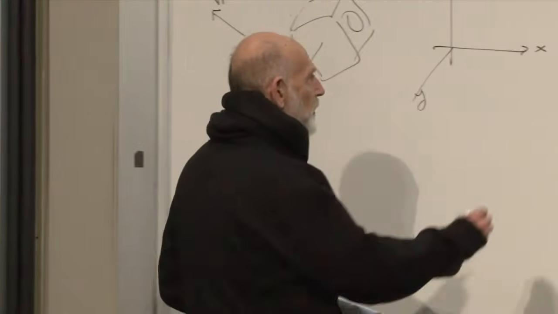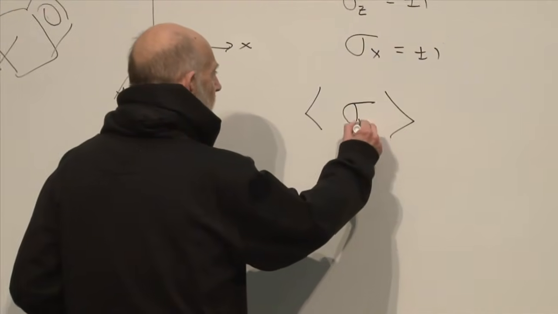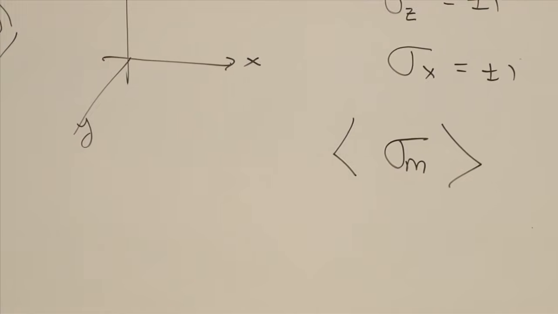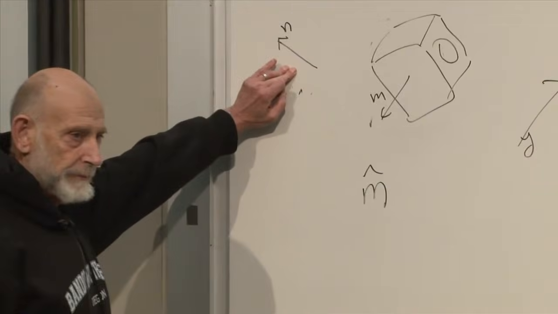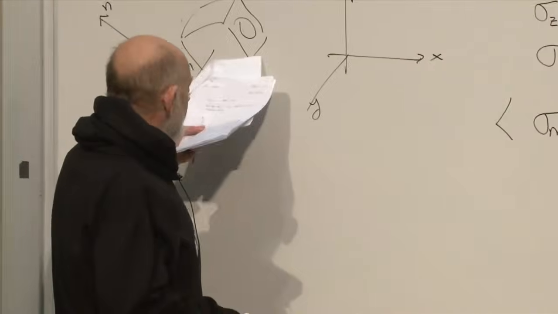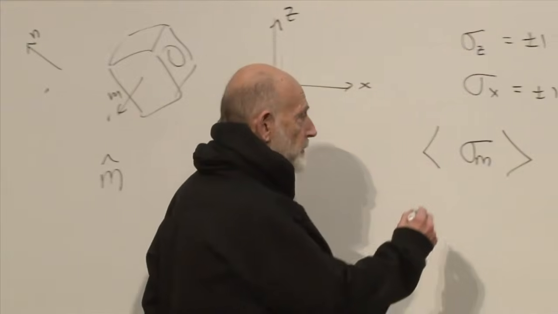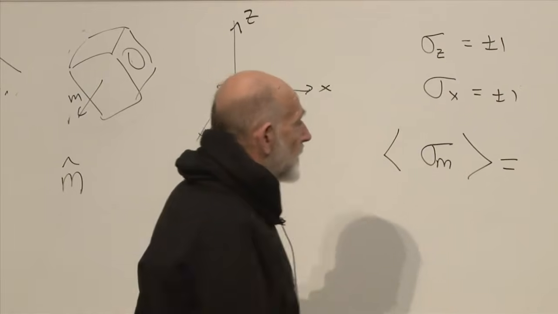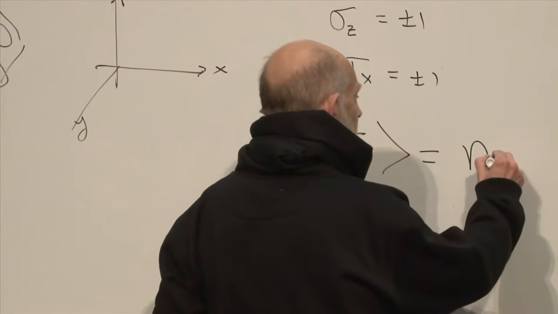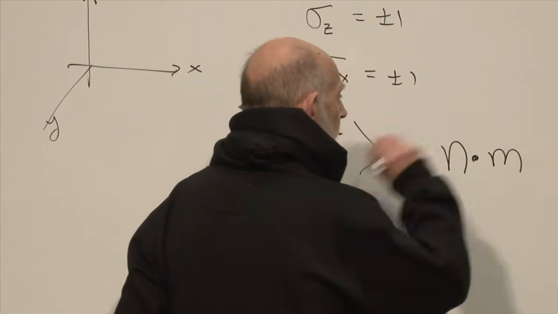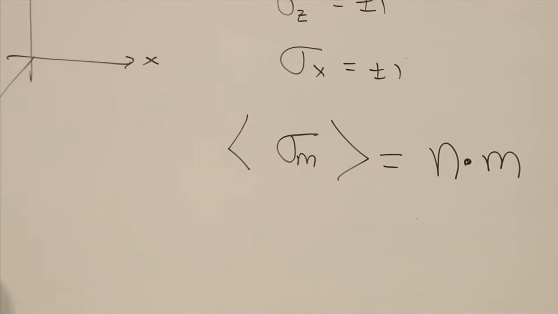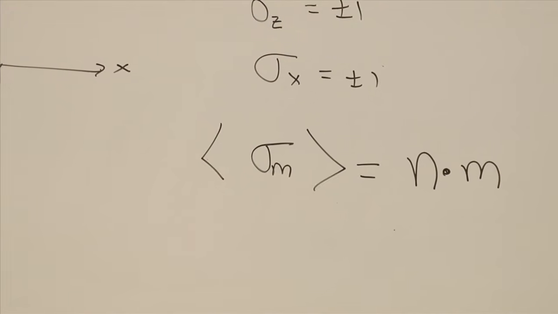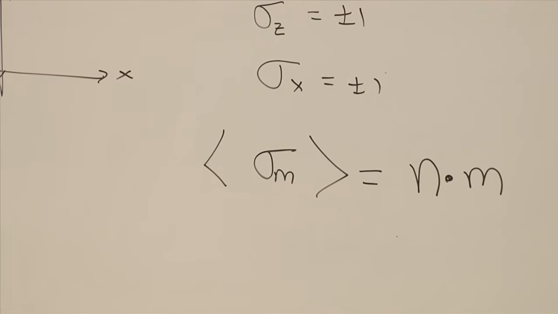The average value of sigma m, knowing that it was originally oriented along the n direction and measured along the m direction, is the cosine of the angle between n and m, which can also be written as n dot m, the ordinary dot product of the vectors,